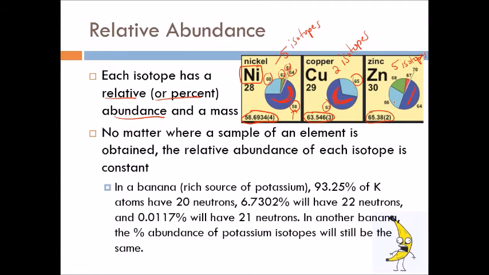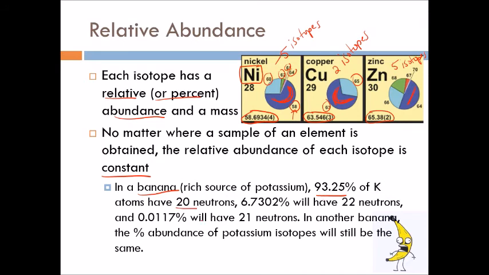No matter where a sample of an element is obtained, the relative abundances of each isotope are constant. So for instance, you go to the store and you buy a banana. Everybody knows that bananas have potassium in them, right? And potassium's good for your nervous system and you need it in your body and all of that. However,